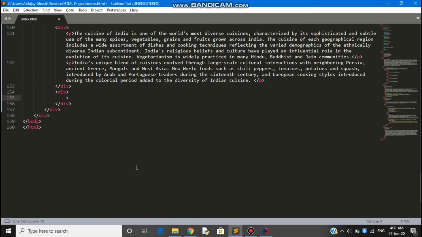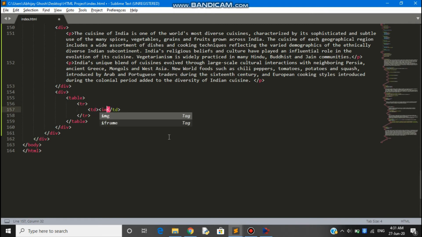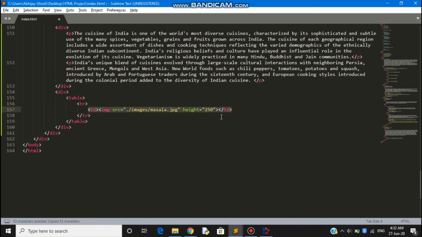I wish that all the images appear in a horizontal line together. So in this case, what should I do? Now I'll remove all this, and instead of this I'll create a table. A table will contain table rows, and each table row will contain certain data. So the first row will contain the images which we just now mentioned here.